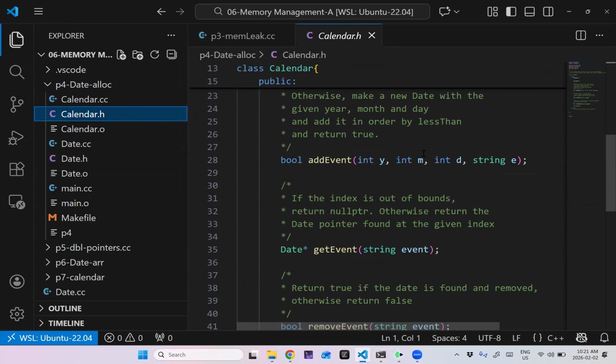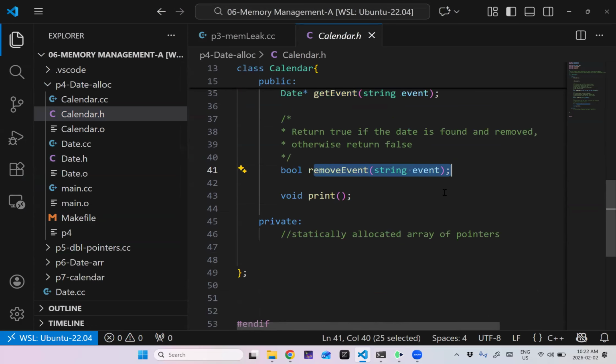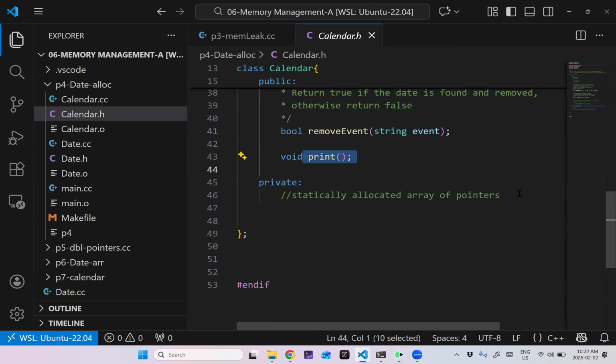If we look at our calendar class, we have the same functions. Add event and remove event are the same. Print is the same. Now we're going to use a statically allocated array of pointers. This is still not the best, but one step at a time.